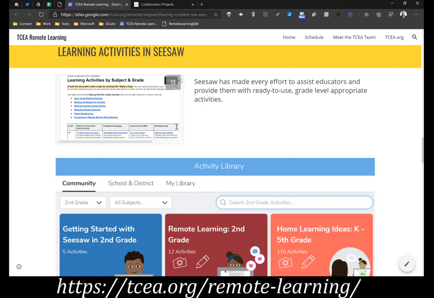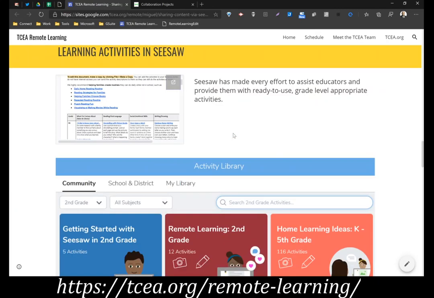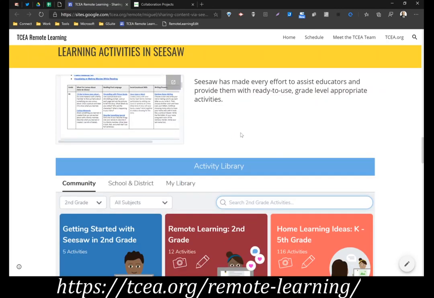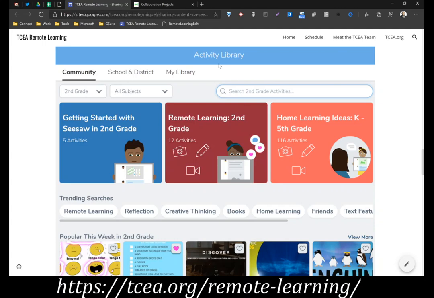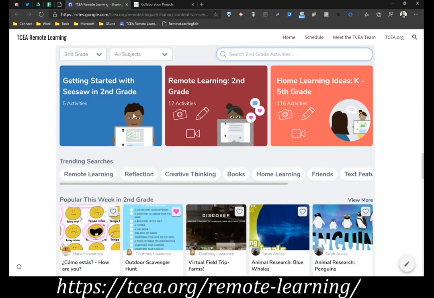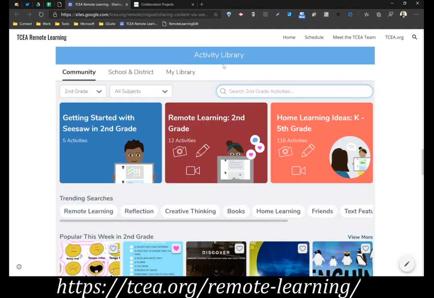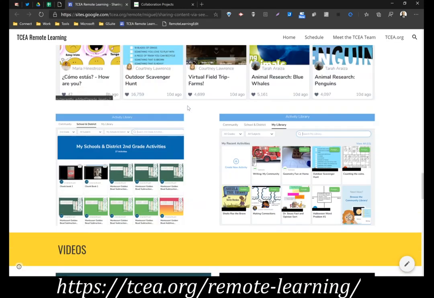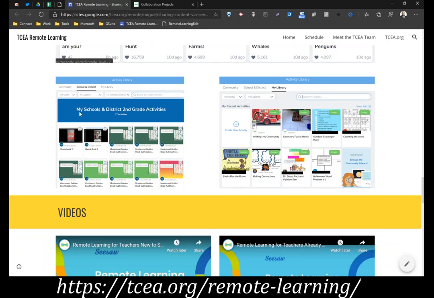And if you just go into the activity library, which is in Seesaw, you'll be able to see lots of different activities. Now, your activity library is actually organized into three main areas: community, school and district, and my library. So as you might imagine, these are differentiated for your particular school district,